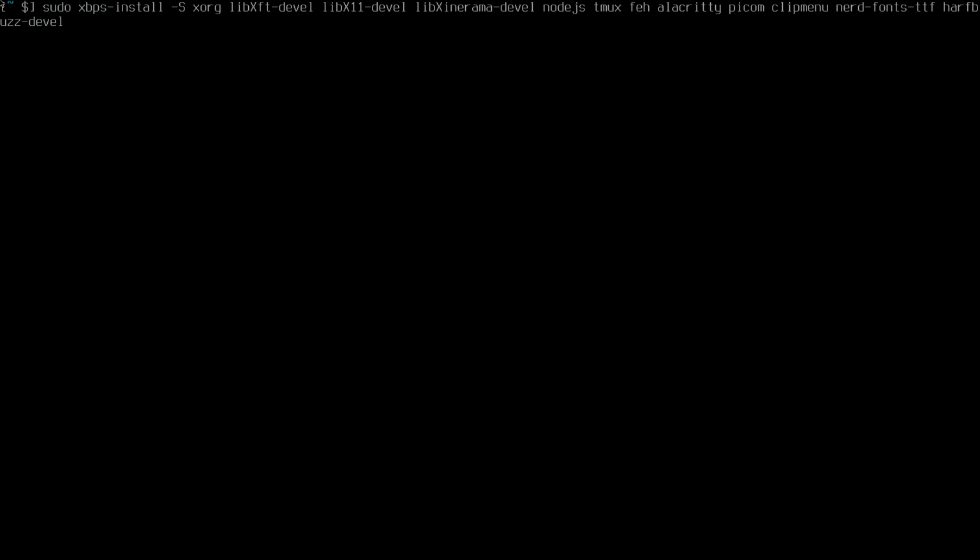Before downloading my Dotfiles, you need to install a few packages first. Those packages are xorg, and to do that you just do xbps-install -S, and xorg and libXft, and the development package, and libX11 and libXinerama and nodejs. I'm going to show you why we need nodejs, and tmux and feh for setting up the background, alacritty and